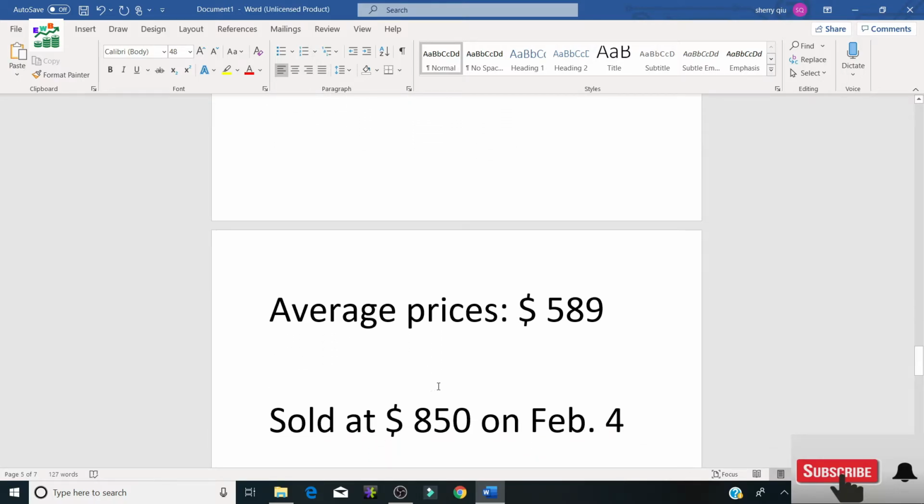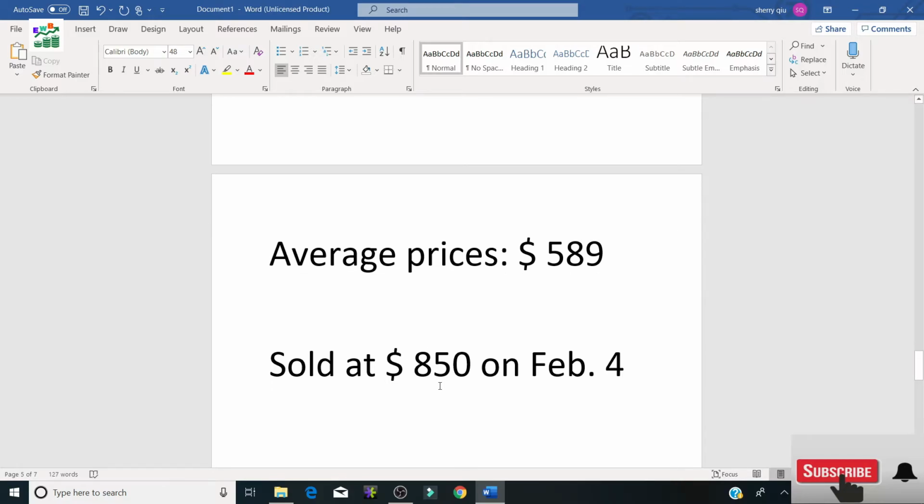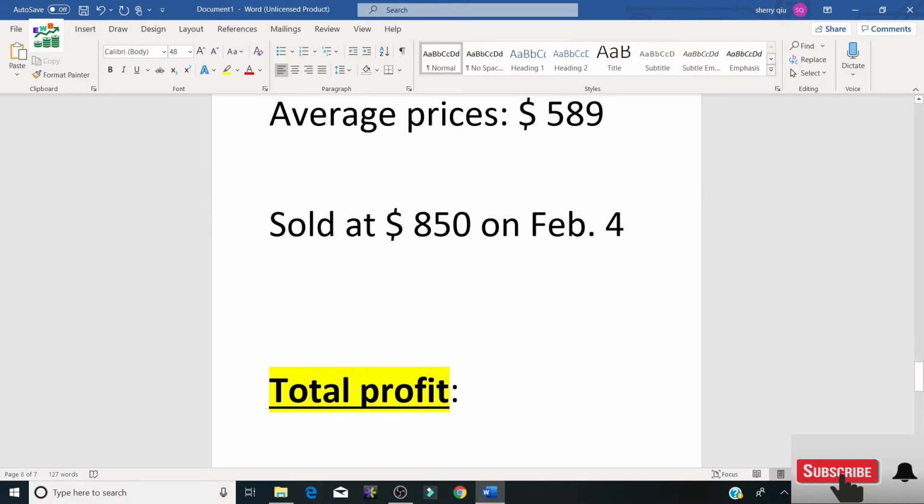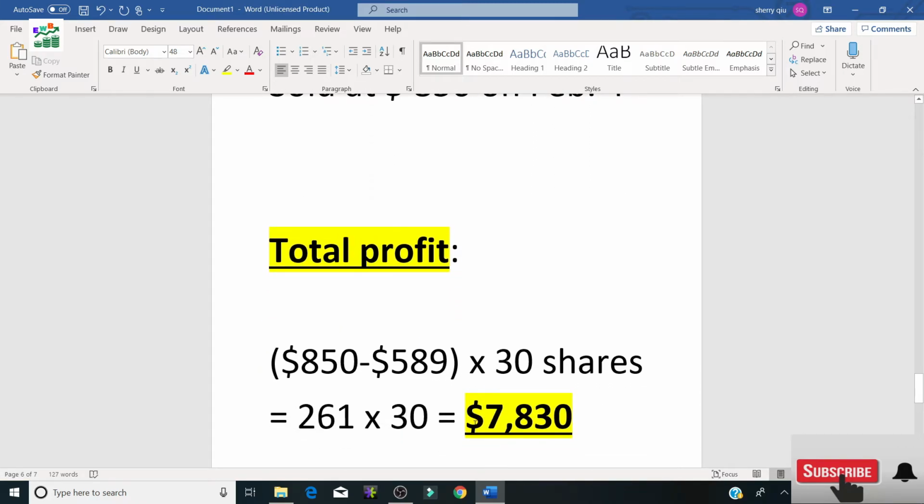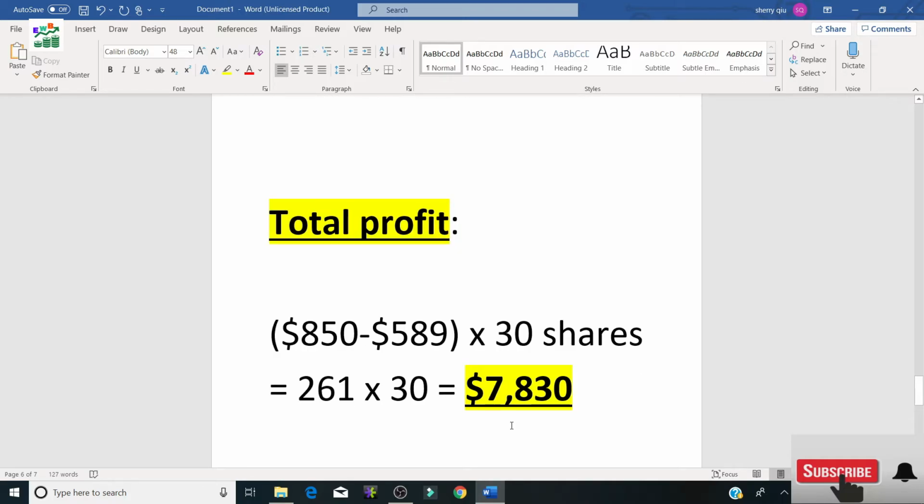He saw a lot of people forced to sell at the end of the day on February the 4th. He wanted to protect his profit, so he sold all his 30 shares of Tesla stock at $850 per share. The total profit he made was very handsome, almost close to $8,000: $7,830. I just use this example to demonstrate how dollar cost averaging can save a lot of traders from their